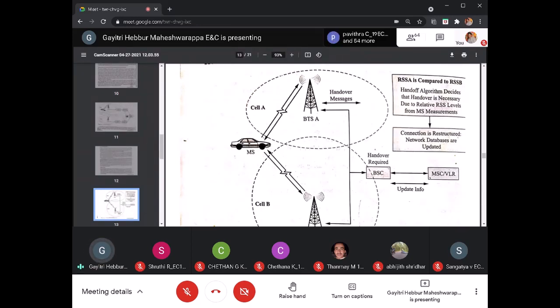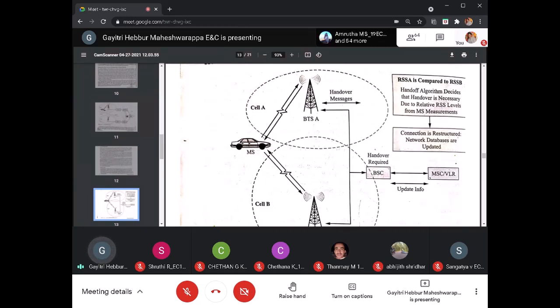So let us see now, when the mobile station is moving, maybe it is in cell A, it is moving to cell B. Okay. So what makes the major changes in this? The radio base station will observe the received signal strength of the MS. Similarly, MS will observe the received signal strength of the BS. It is below threshold, the signal which is received at the receiver. There is some threshold value.